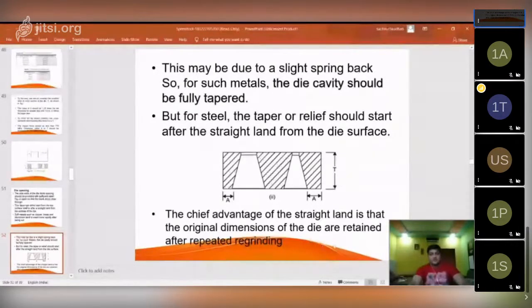Okay, so that will be retained after repeated regrinding also. Regrinding is required because wear happens after continuous operation, so it helps to retain the original dimension of the die. That's why this straight line is provided for high hardened steel material.